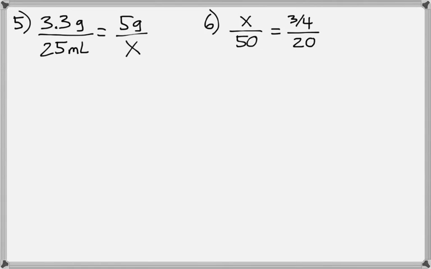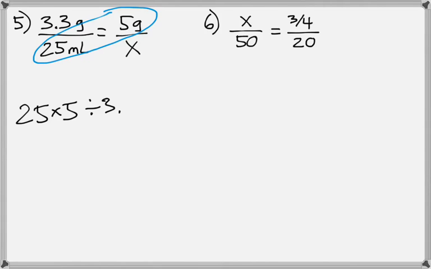For question number 5, I want to solve the proportion. So I'm going to multiply the diagonal that does not have the x. So 25 times 5, and then divide by the other number, 3.3. So 25 times 5 divided by 3.3. And we get